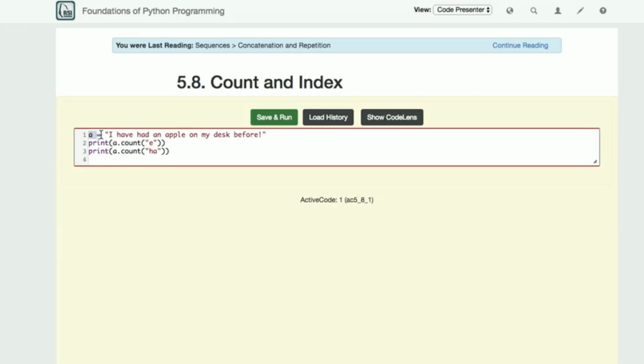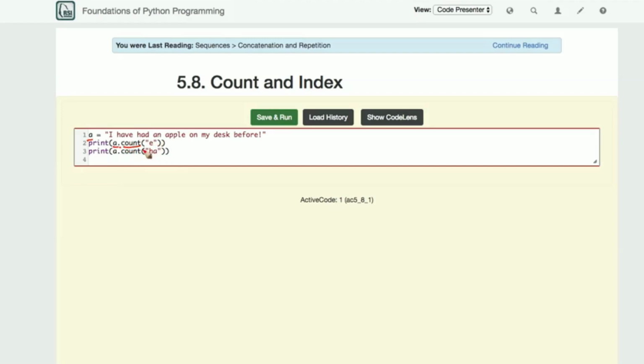So suppose that we have a string, and we want to find out how many times a given character or a given sequence of characters appears in the string A. The way that we would do that is using the count method. And the way to call count is we say the name of the sequence, whether it's a string, integer, or tuple, that we want to count on. So here, we want to do a count on A. So I say A, and then the dot or period,